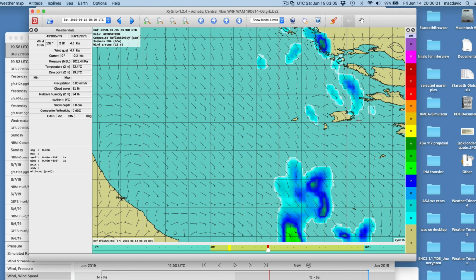Hello, this is a note on the viewing of the parameter simulated radar reflectivity, composite reflectivity, and we are coming back to this issue because it is now available as of the last 2 days, as of just 2 days ago, June 12th, I think. It is now available in the US GFS model, and that means we can get this squall forecasting around the world,